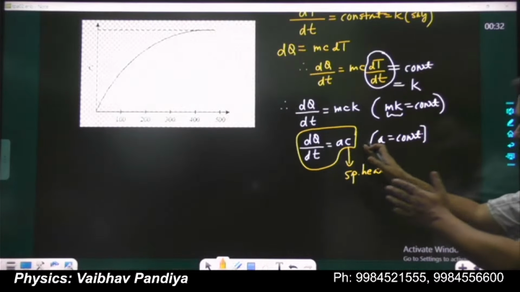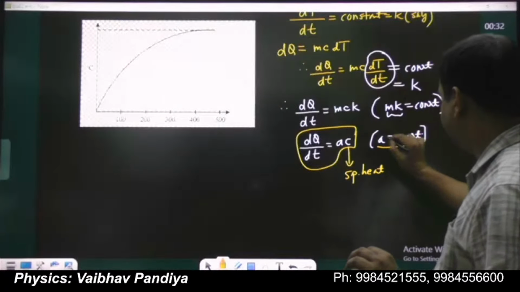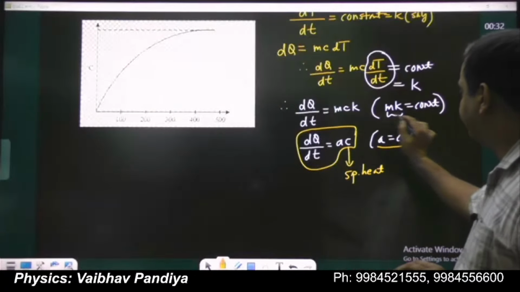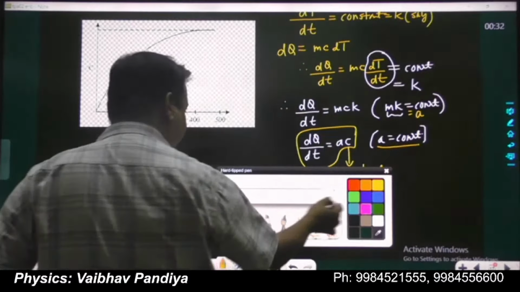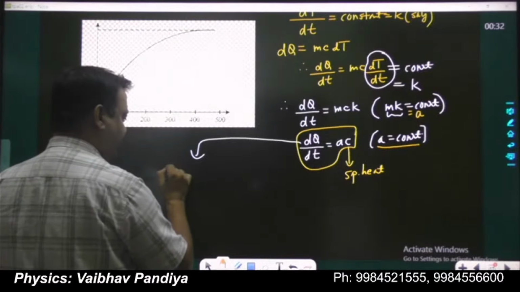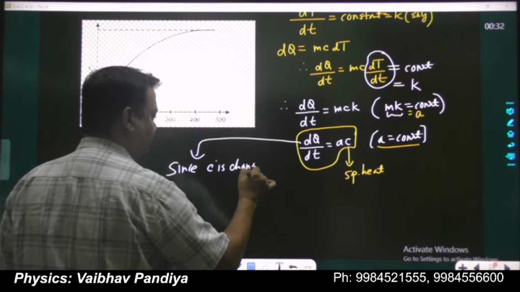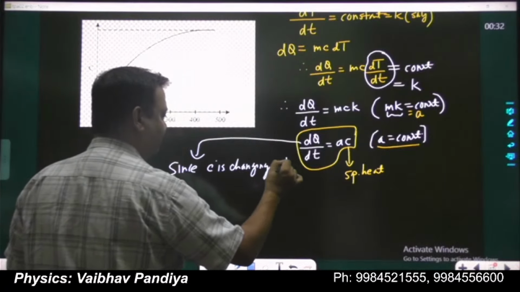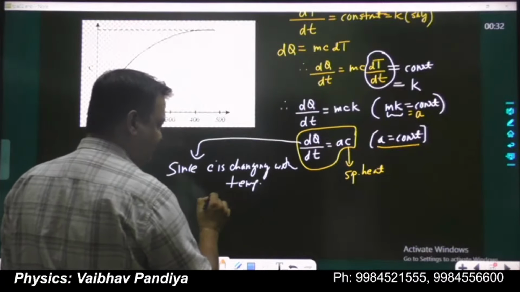A is the product of two constants, which is given the name A, m into K. So since C is changing with temperature, and dQ by dt is AC, so therefore